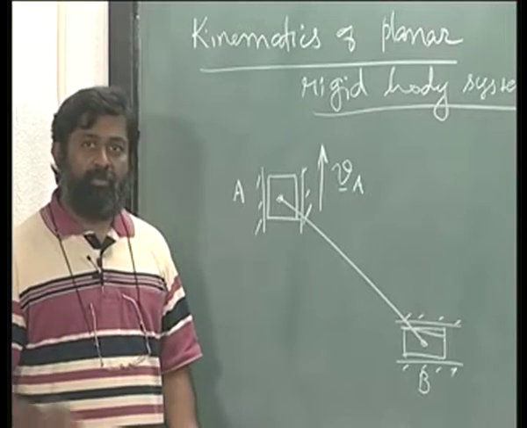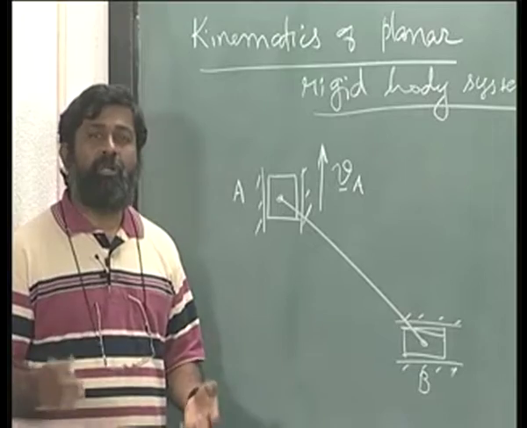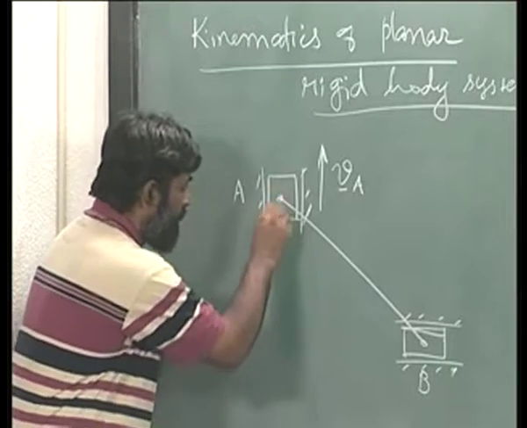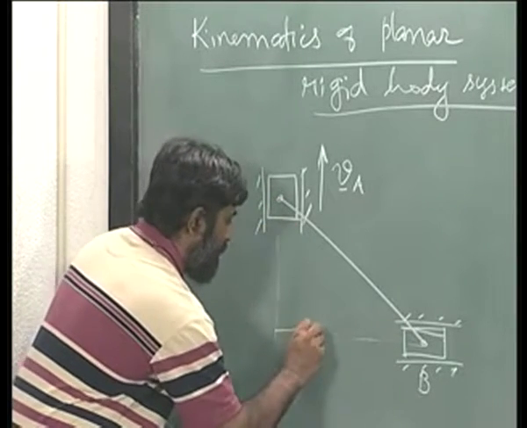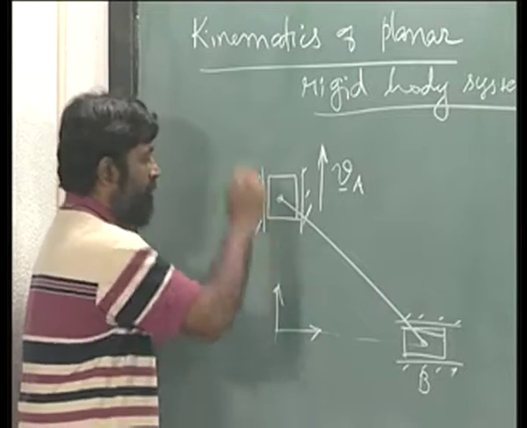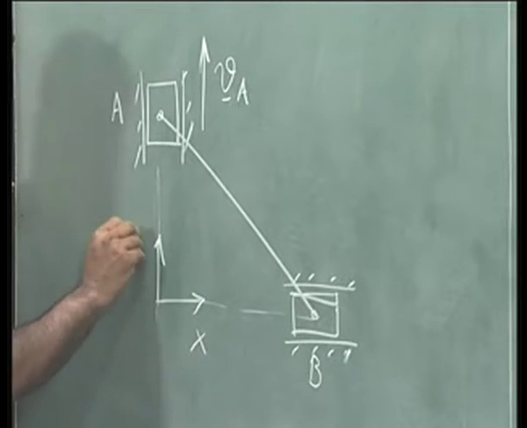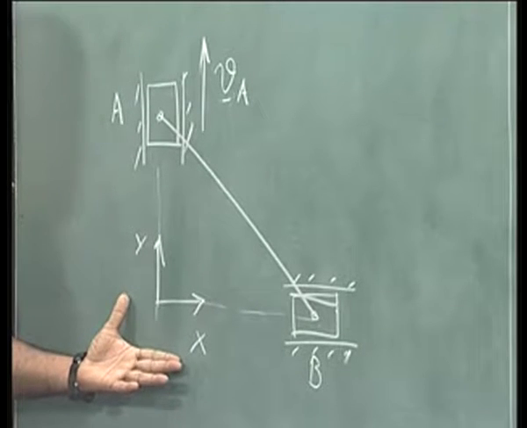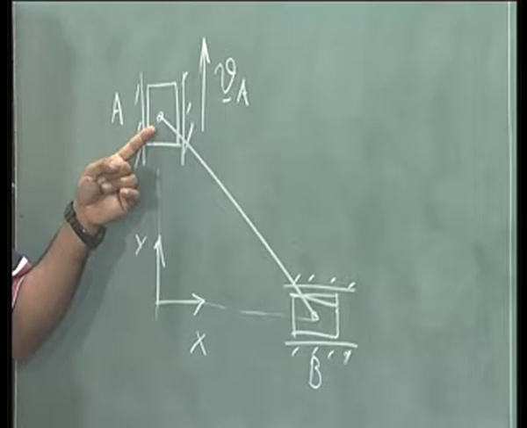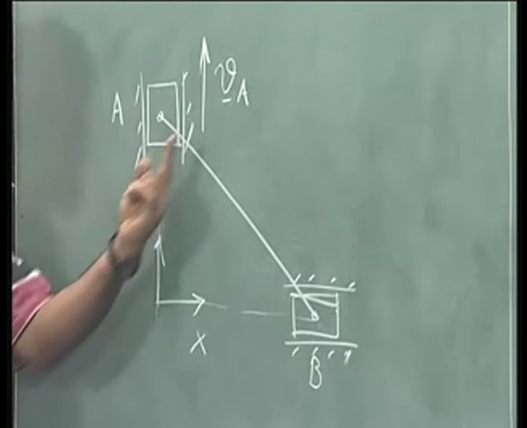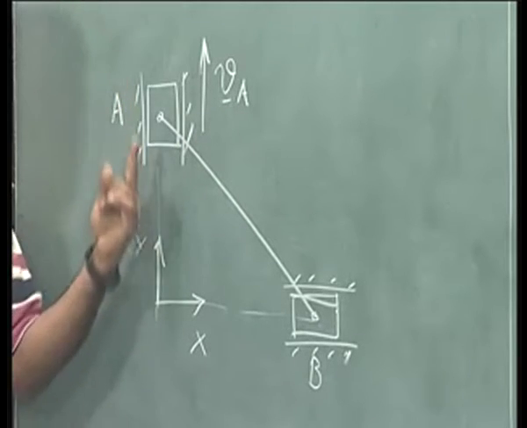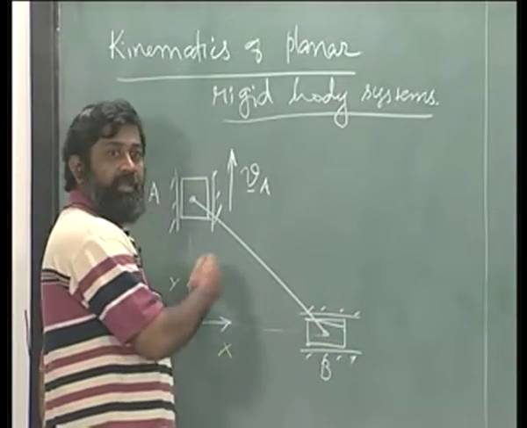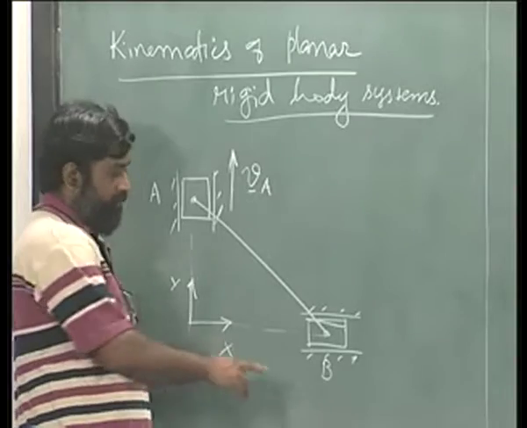In any of those problems, it is important that we denote the fixed frame axis. In this particular case, the convenient one is an axis that runs through like this. Say capital X, capital Y. What is known here? The velocity of A. Is it completely known? The answer is yes, because the velocity of block A is given and the direction is constrained along A.